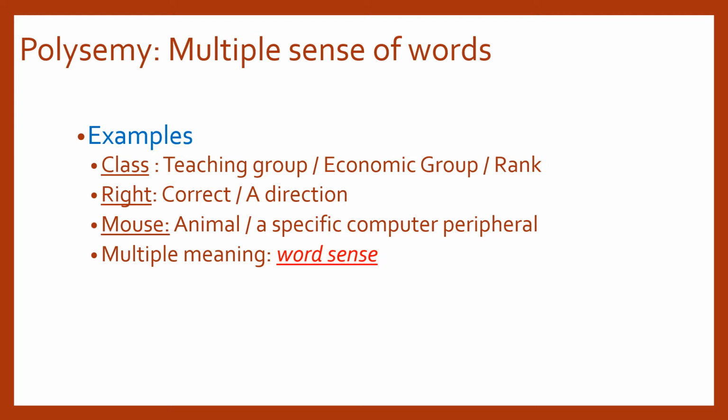When we talk about the word "right", we may mean that something has been said correctly or written correctly, or we may be talking about direction. With many words, these multiple senses are associated, and we would have to have a different representation corresponding to each of these senses. If you want to do that, how can we do that? In fact, there is a lot of work on this, called word sense disambiguation,